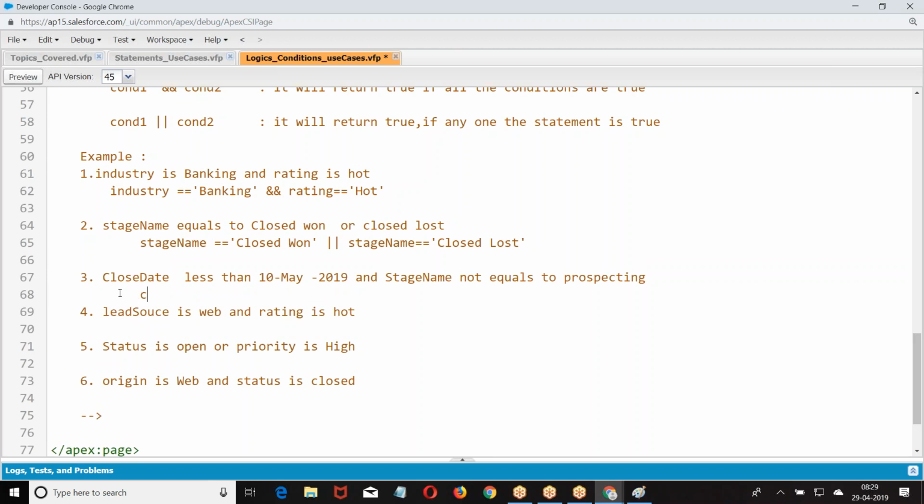Close date less than Date.newInstance of 2019, May, 10th. We are referring to a particular date. How do you refer to a particular date? Date.newInstance of year, month, day. And stage name not equals to.